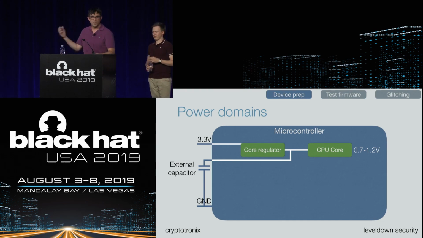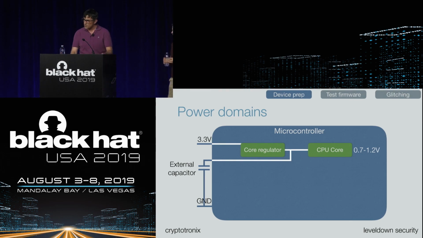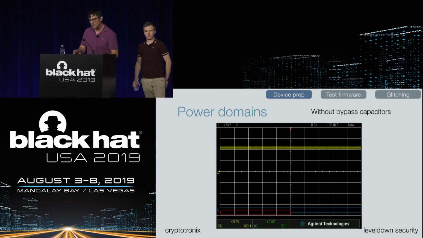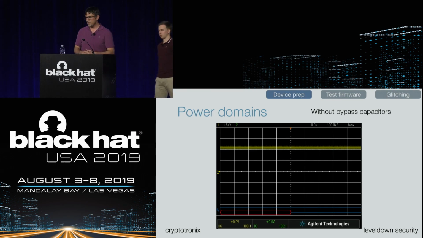You could go all the way back to the power source and get that voltage, but if you have that external capacitor there, it kind of acts like a little bit of a cache. And so if you take those external capacitors off, it's stable. I mean, we're getting 3.3 volts, but it's very fuzzy. And so that very fuzzy signal is indicative that there's lots of ripple in the power supply.